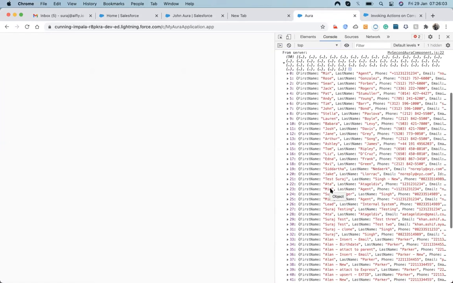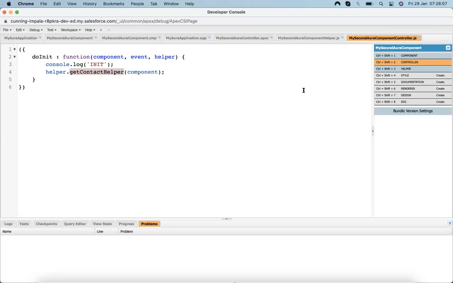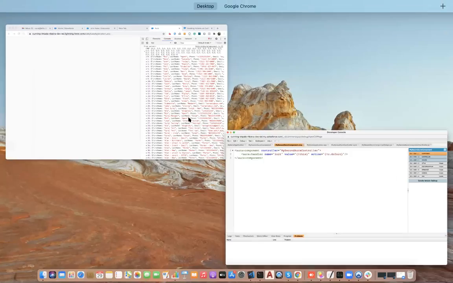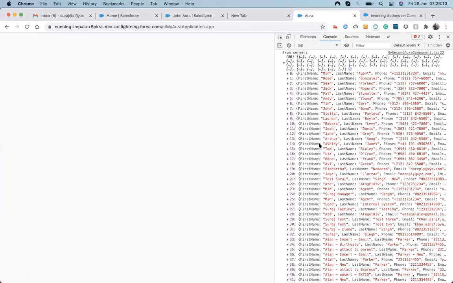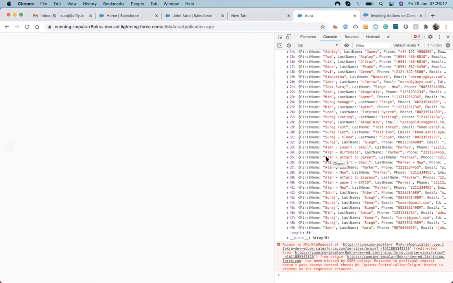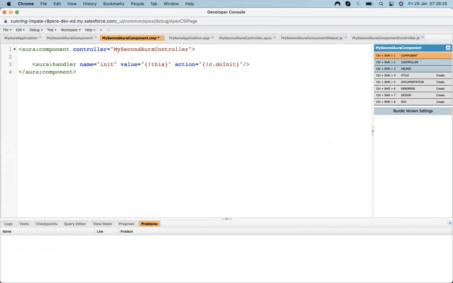Since now I want to display those contacts, it is a list of records. So let's check how we process a list of records. For processing a list, there must be a list variable. So let's declare an Aura attribute.